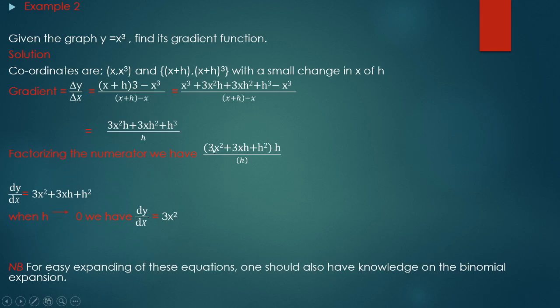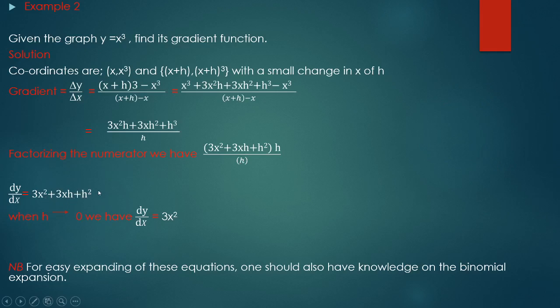So h into 3x squared plus 3. That is, h comes here, it cancelled out, it remains 3x squared. h here remains 1h, we shall have 3x, and h remains h squared, and that is what you get here into h. h and h cancel out, so our differential or our gradient becomes 3x squared plus 3xh